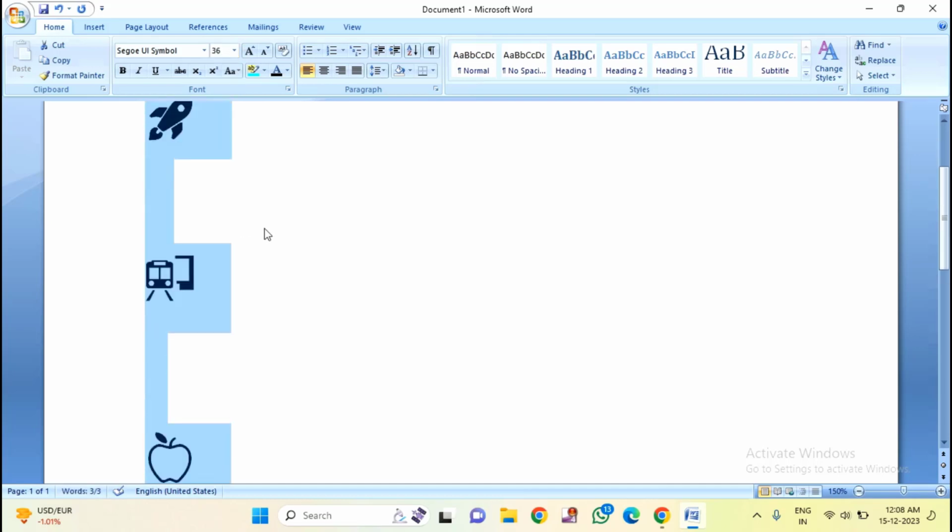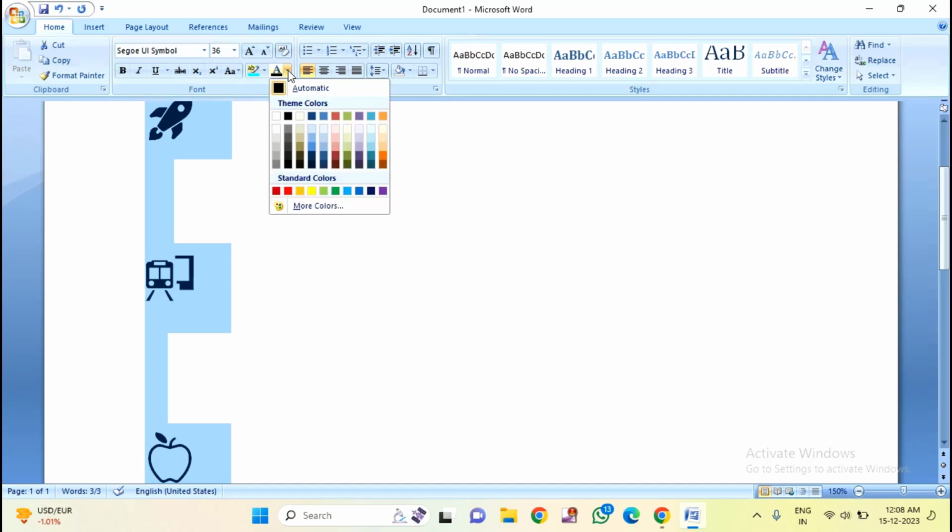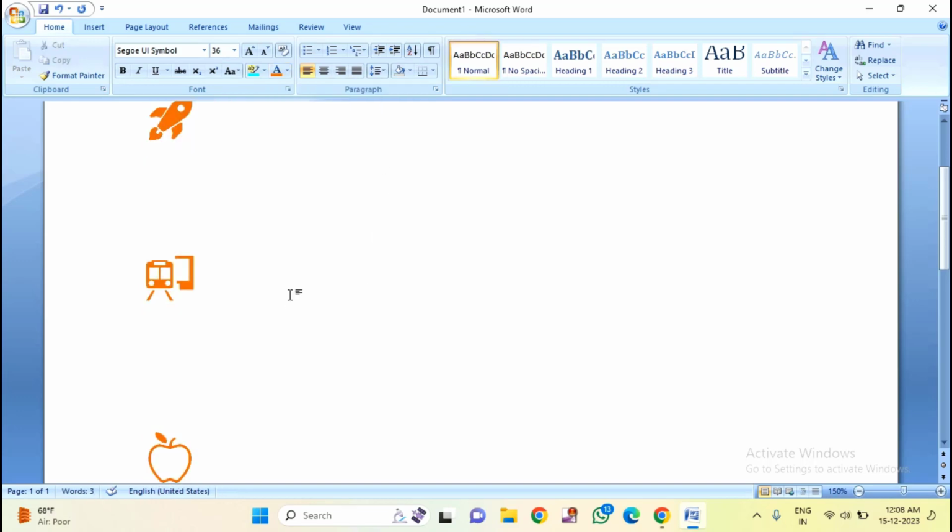If you want to change the colors, select all the icons or symbols, click on this option, then select whatever color you want. That's it guys. So in this way you can insert or type any symbol or icon using text suggestions in